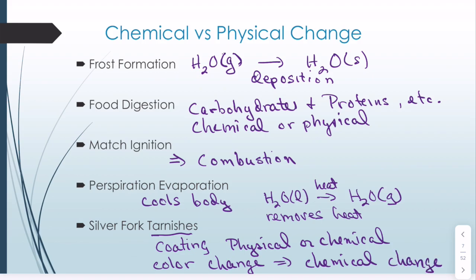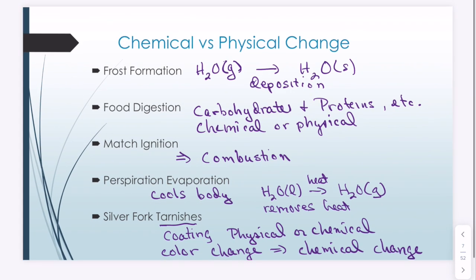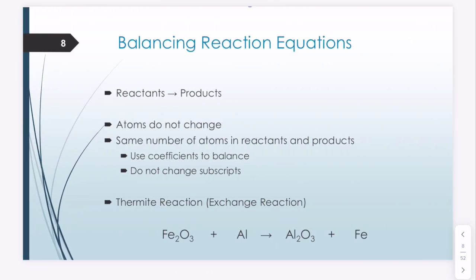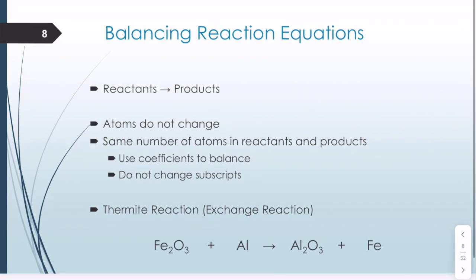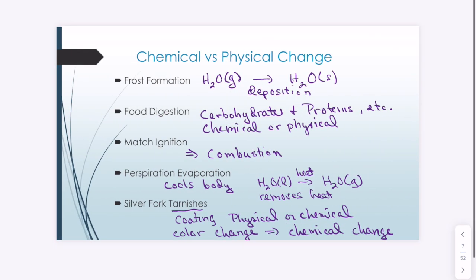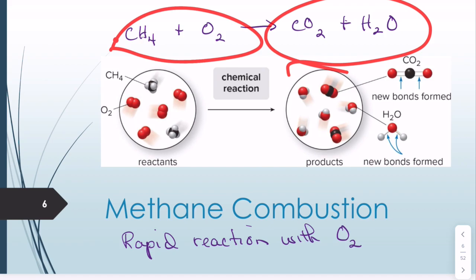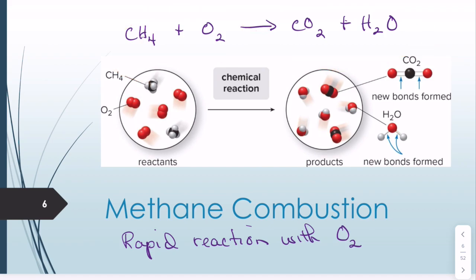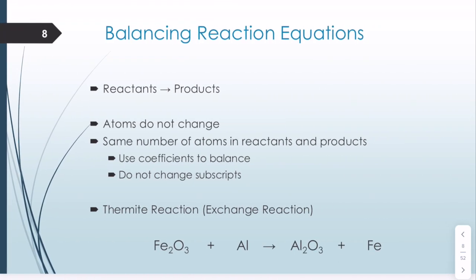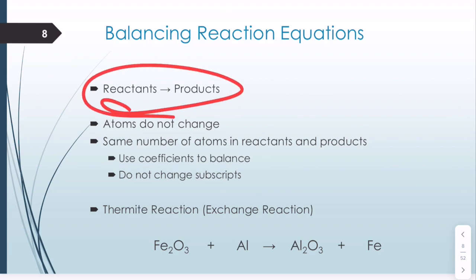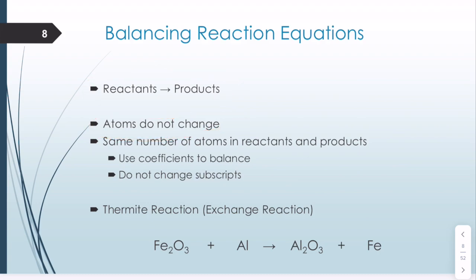All right, so think about these, and later on we'll talk about whether these are chemical or physical changes. Now we talked about chemical reactions, going back, for example, to this one right here, an example of a chemical reaction where clearly products are different from the reactants. We've seen a change in the chemical identity. But one of the things that we mentioned is that during this process of reactants going to products, the atoms and the number of atoms do not change.